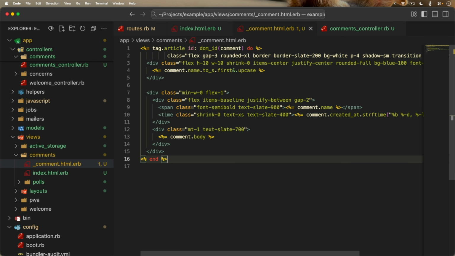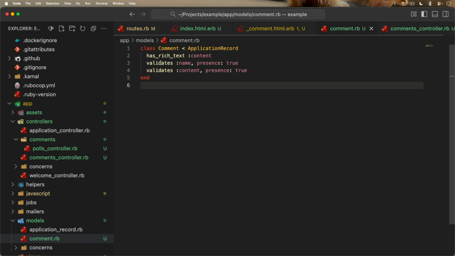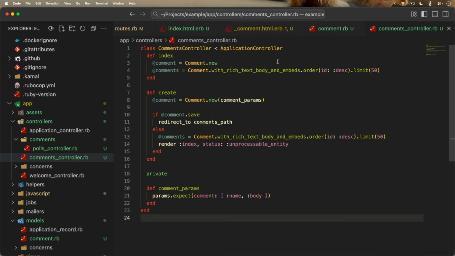And within the comment partial, we'll have a little avatar on the name. We'll list out the name, when it was created, and then the content of that comment. In our model, we'll have some validations for the name and the content. And in the comments controller, we'll set up the index action and the create action, where on the index action,